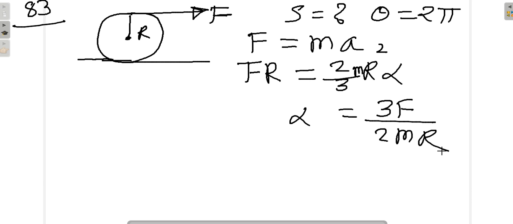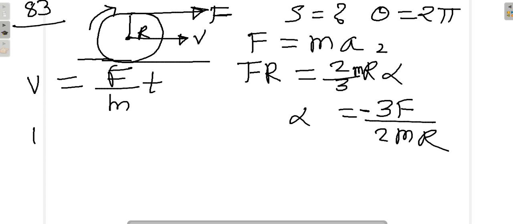2mR. Now please note that as the sphere is moving in the forward direction, omega will be in this direction, and the torque is producing anti-clockwise, and that will produce a negative acceleration. So alpha will be negative, whereas a will be positive. Now let us use the simple equations. v is equal to u plus at. Initial velocity is 0, so v will be at, where a is F upon m,